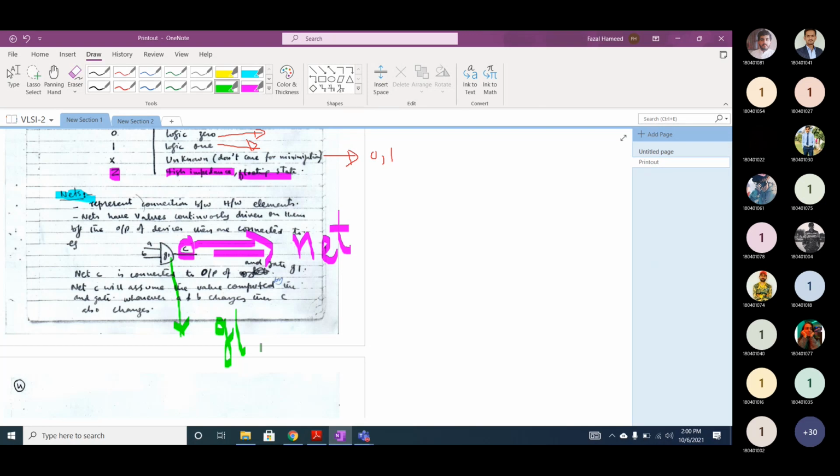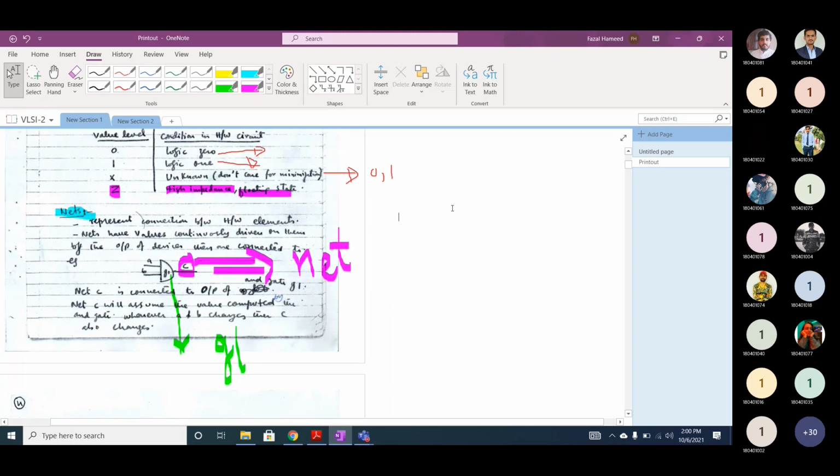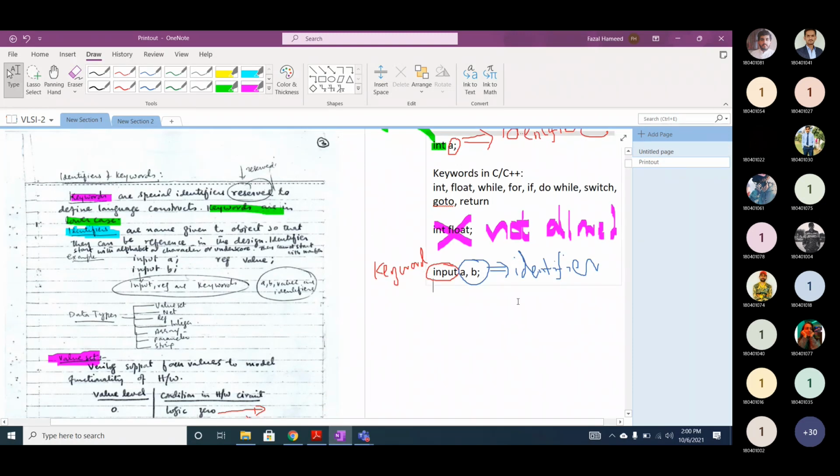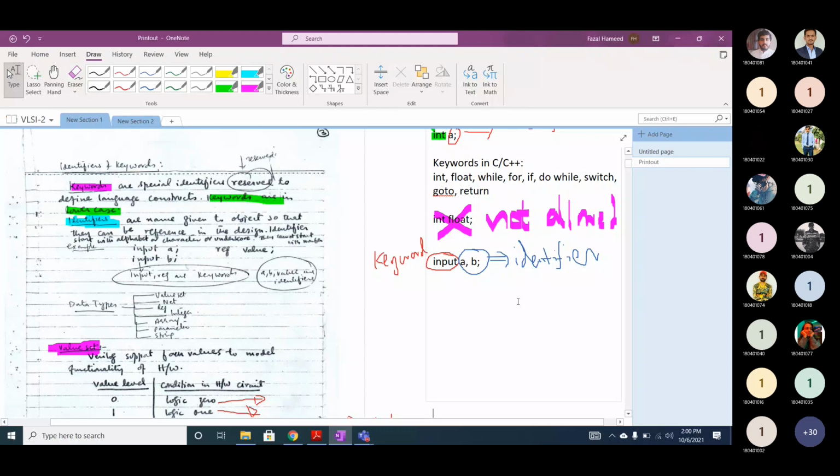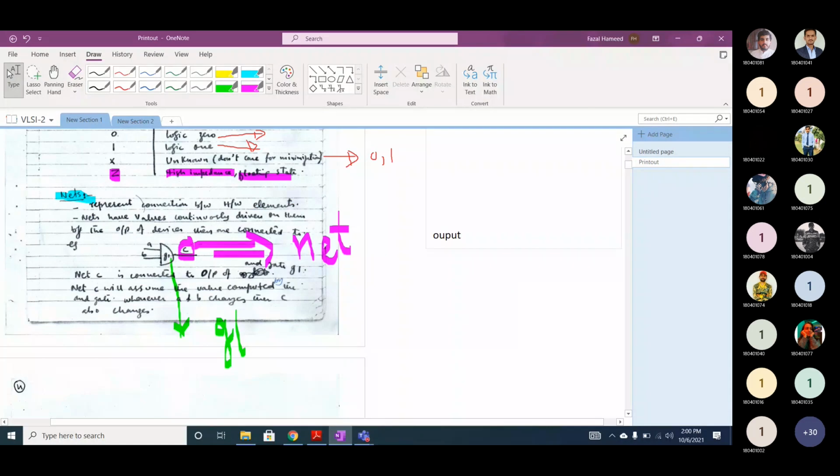I can write it like this. In this example, the output C of the AND gate G1 is a net. I am just giving you an example. This C needs a driver.